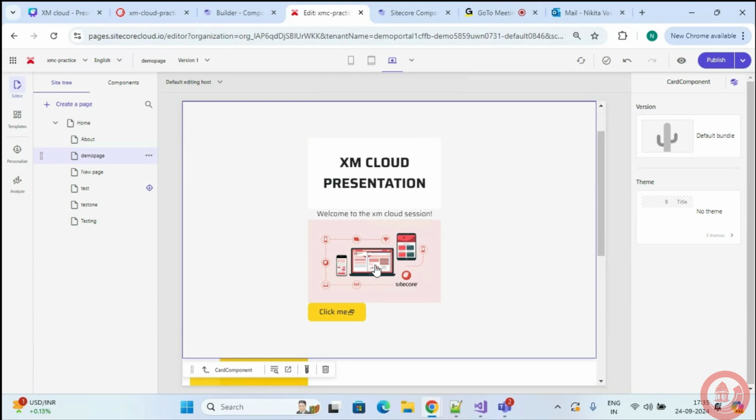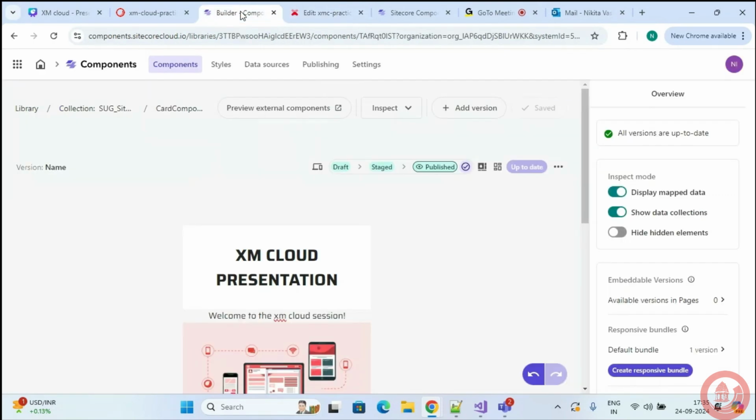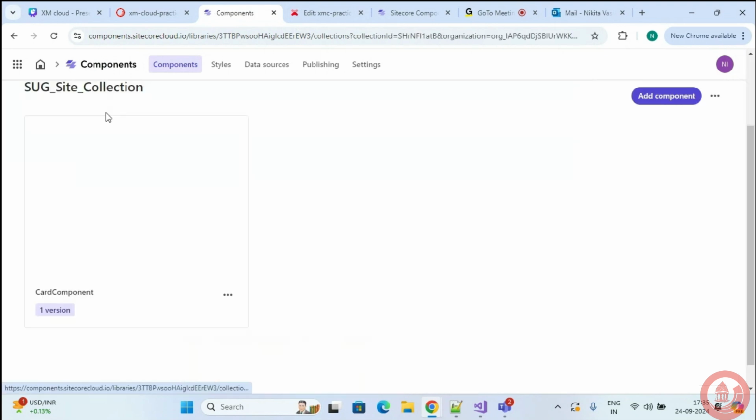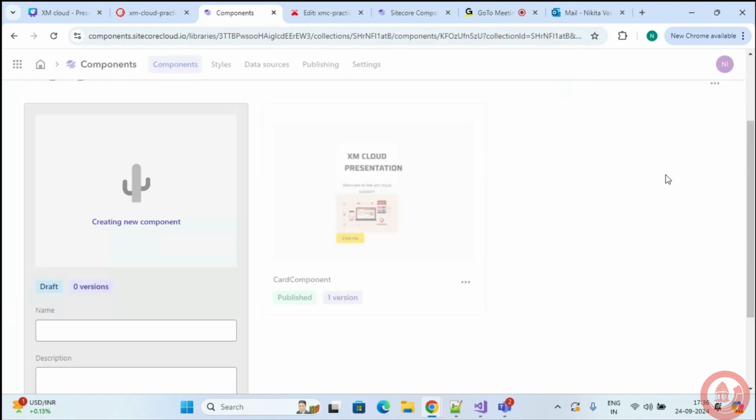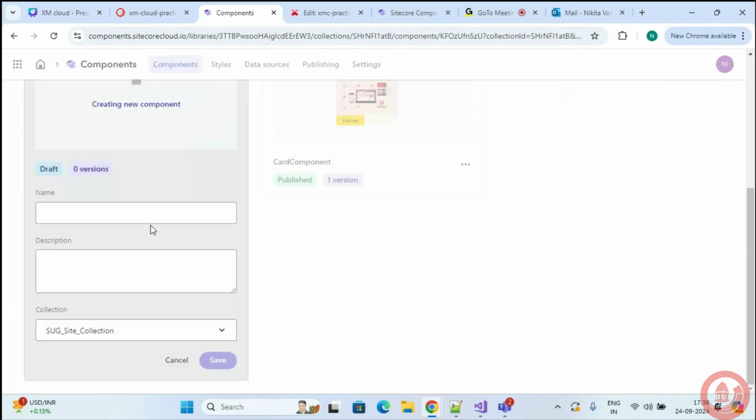Then I want a paragraph field. Then I will add my image field, and in the end I'll add my button.